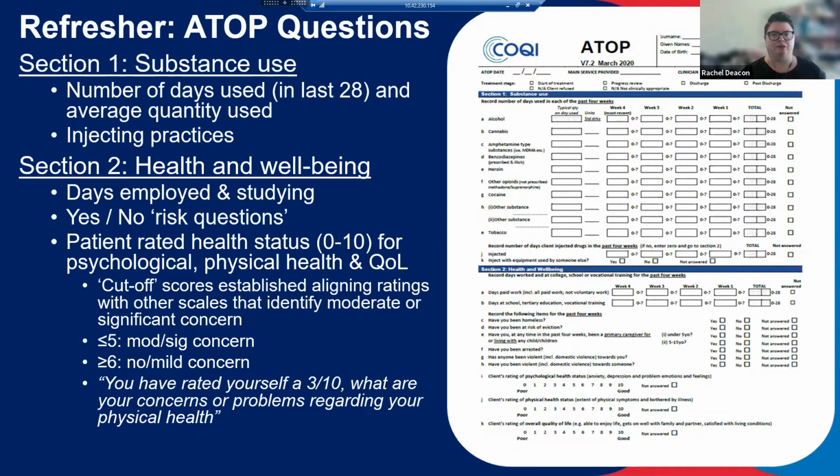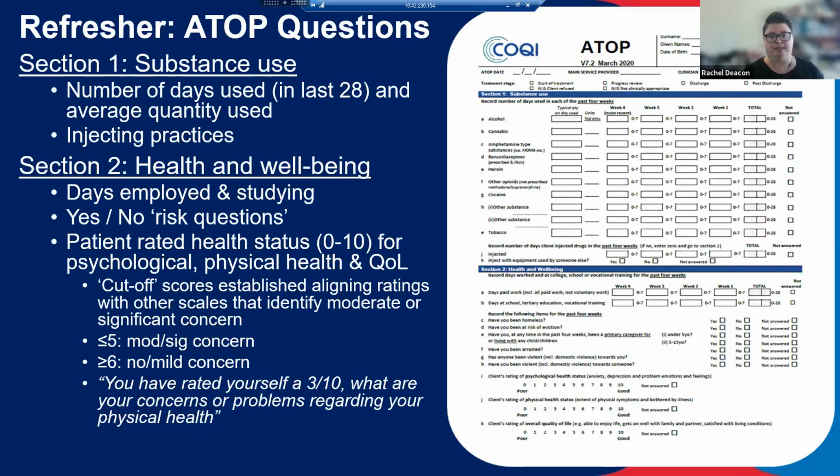So there are three main types of variables coming out from the ATOP. First, there's questions on the number of days that a substance was used or something was done, and this gives a number out of 28. So these are from the substance use variables, from injecting, and number of days work and study done in the